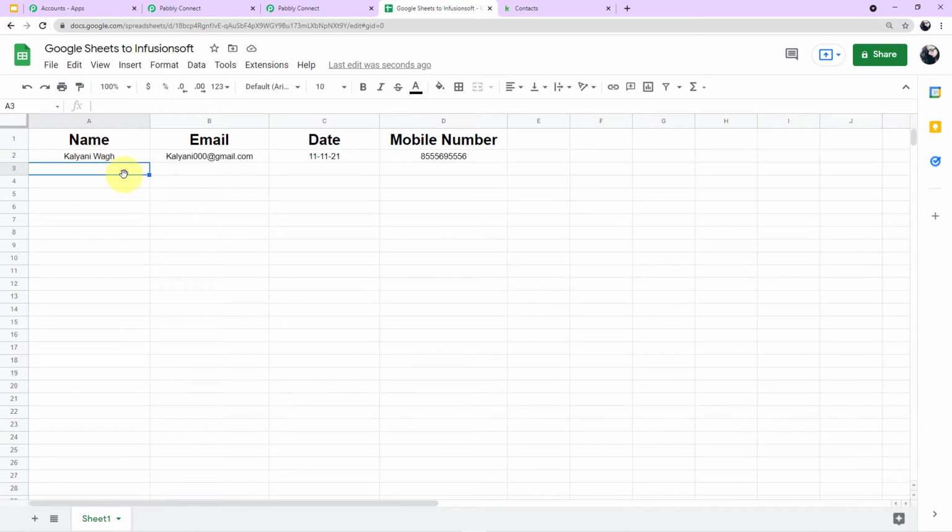Let's say our contact's name is Swapnil, with the email 000@gmail.com. This is the date, and let me put the phone number. So let's say this is the phone number. Okay. Now we have added the information here.